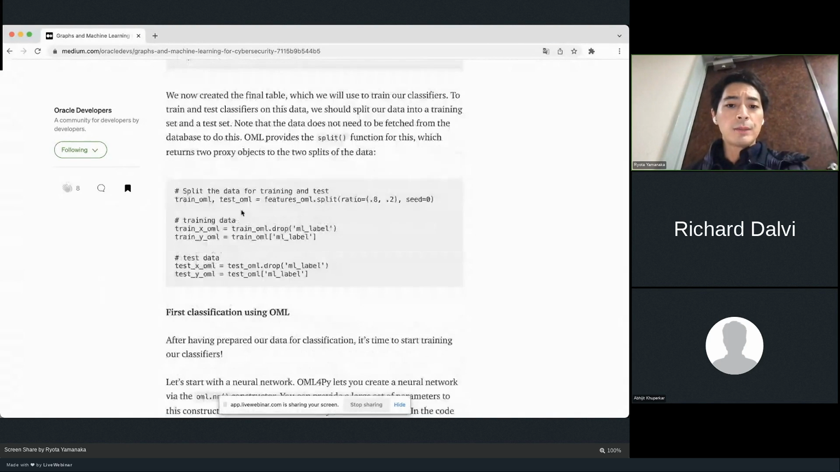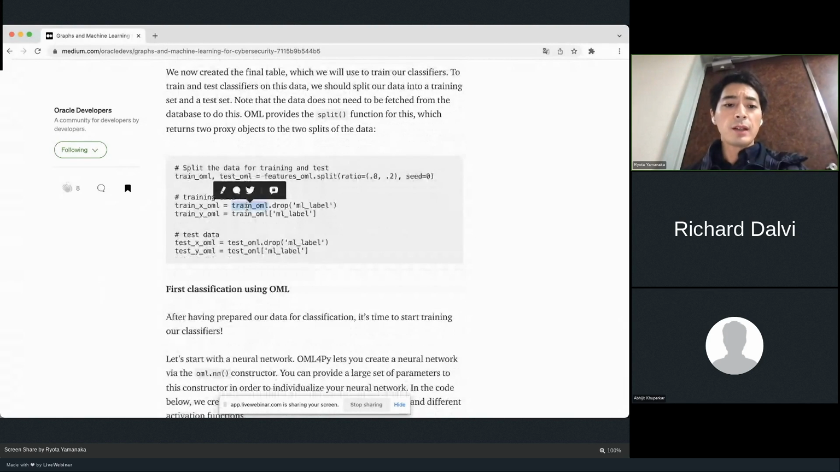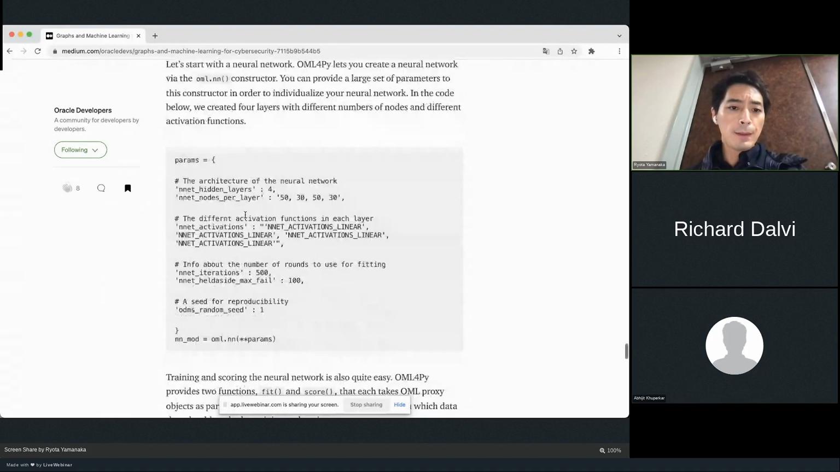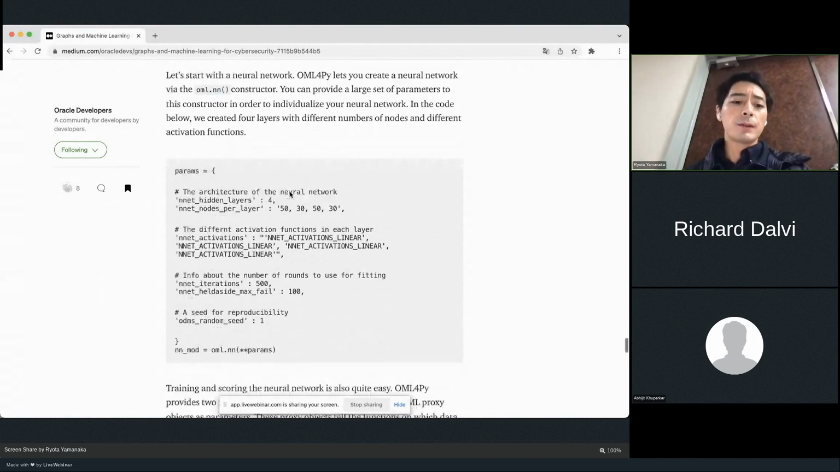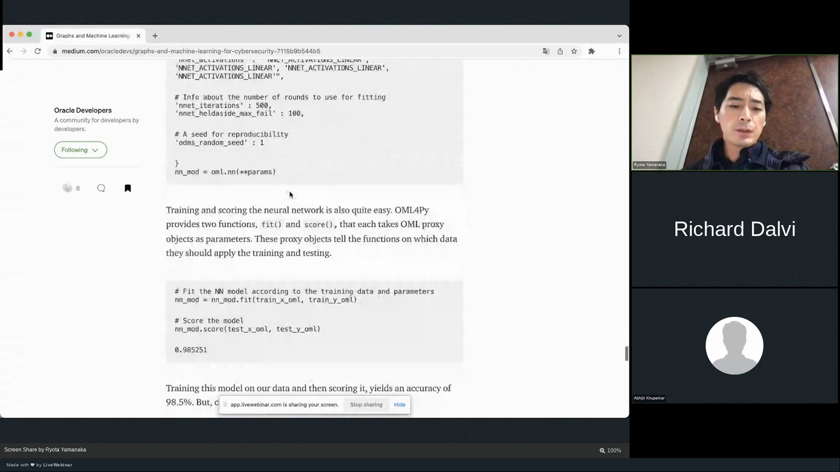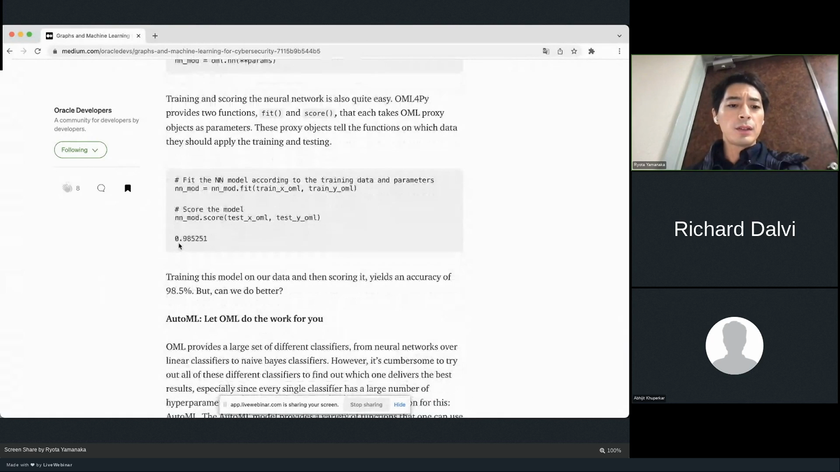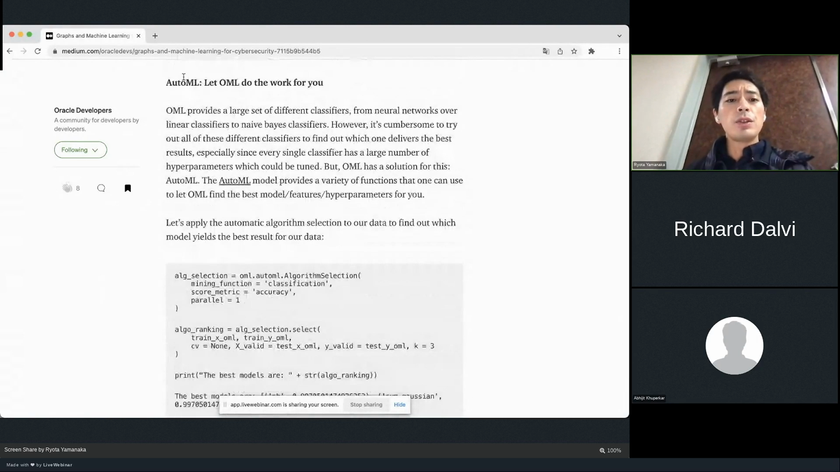and run training functionality to get the, well, this is a parameter for OML neural network. So we tried neural network first to create a model, and it has a performance of accuracy 98%. But at the same time, we can use AutoML,